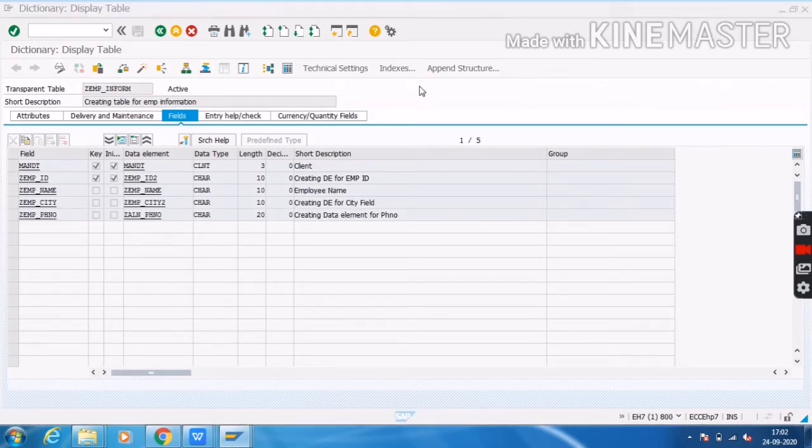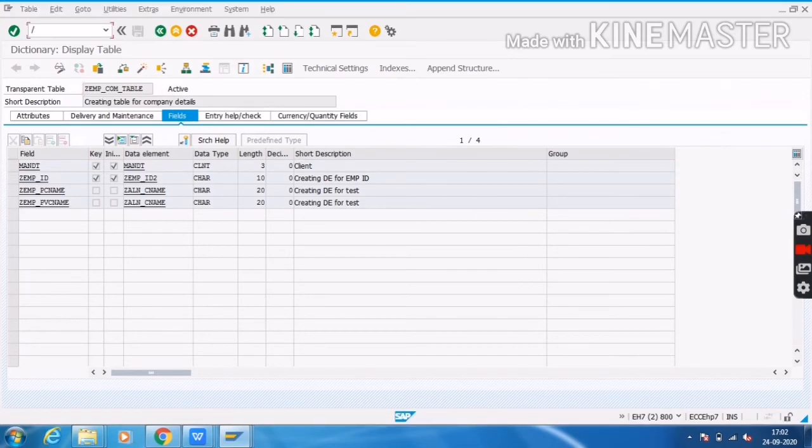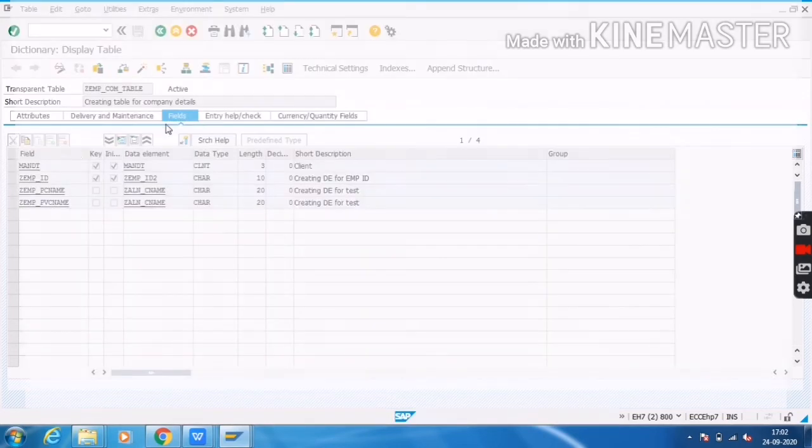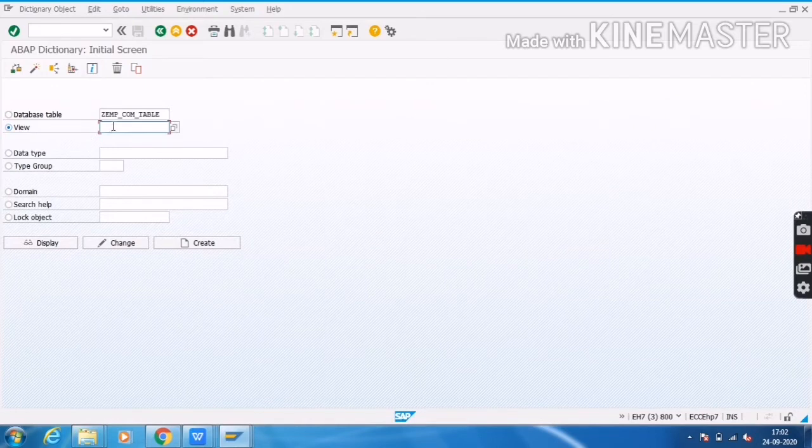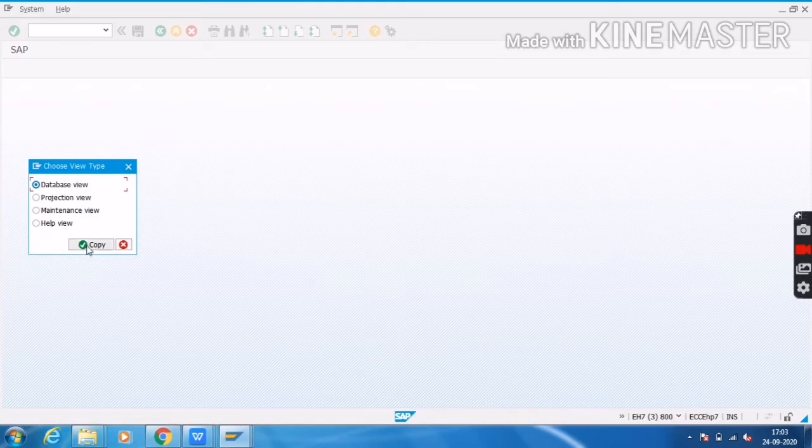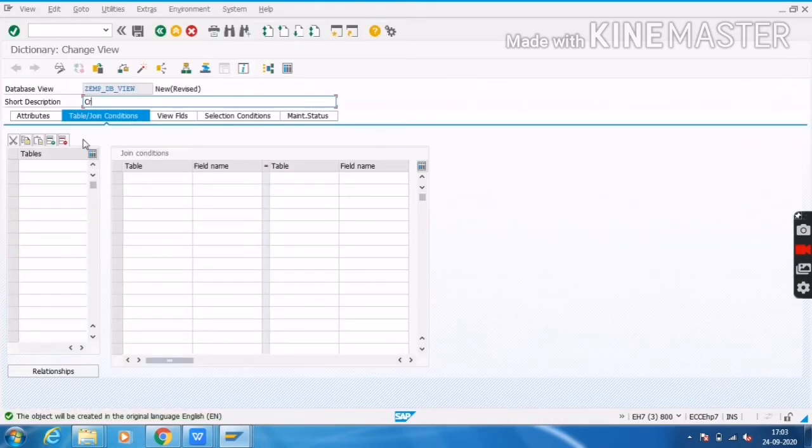Now I will create one database view by using these 2 tables. Click on the view radio button and enter the name EMP DB view. If you understand, DB means database view. Click on create, click on copy.